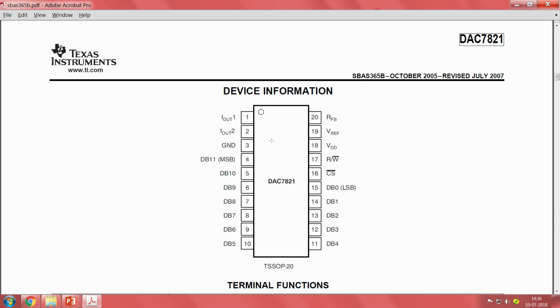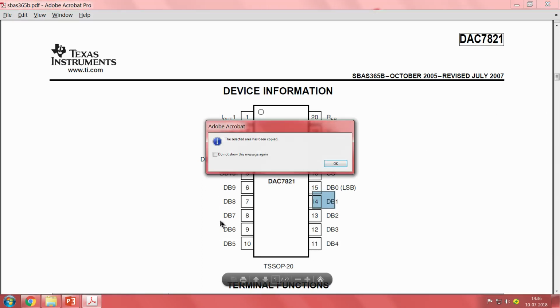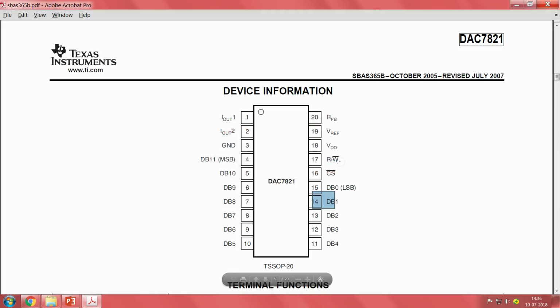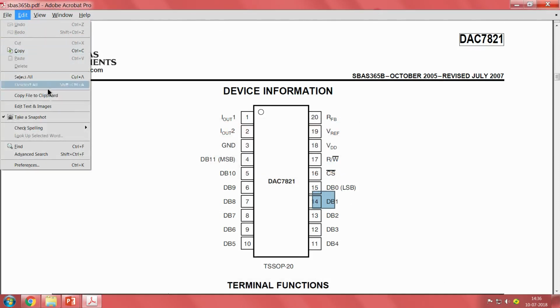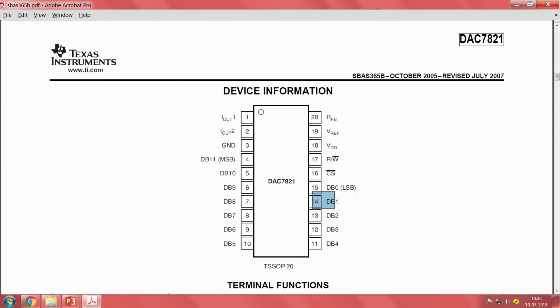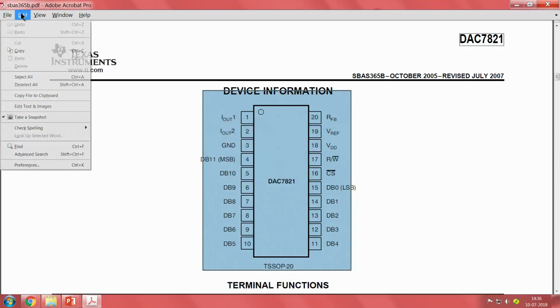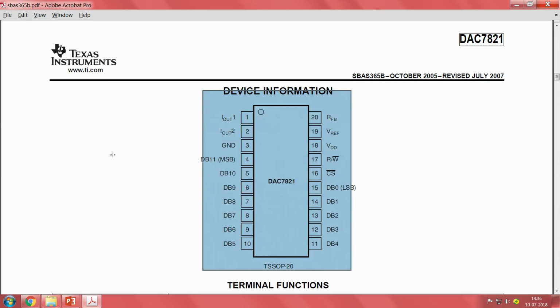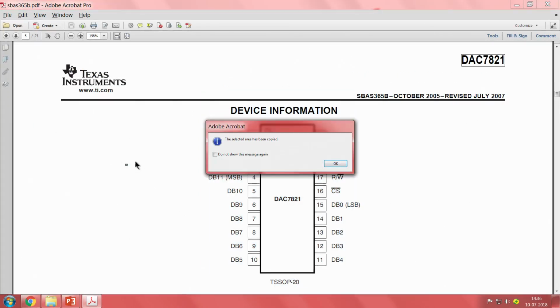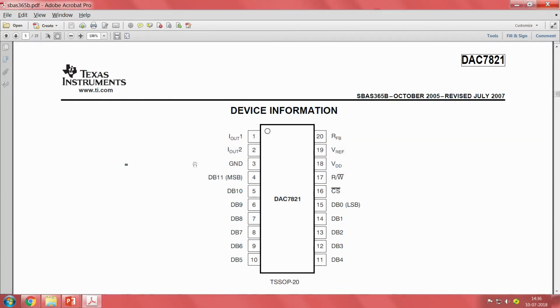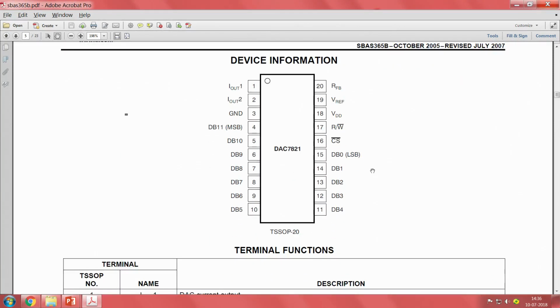The major things are the data bus, which is the data lines, the read or write, and then chip select. I think you can see my cursor, and then the data bus. Let me go out from snapshot view. And then that is it, this much. This is the pinout description. Okay. So, this is the pinout description, it is clear to you, right.